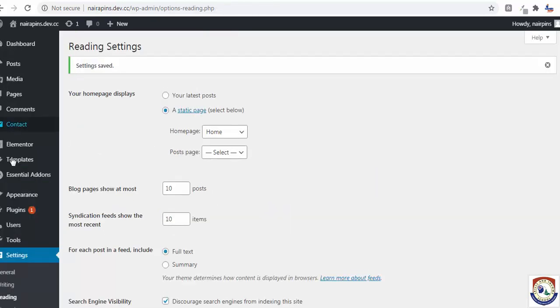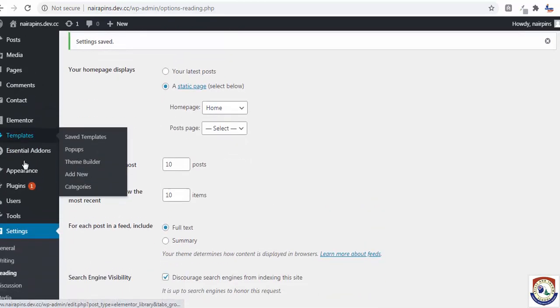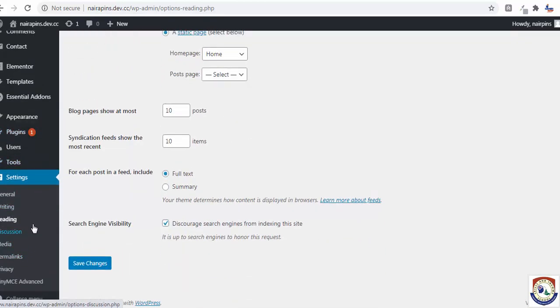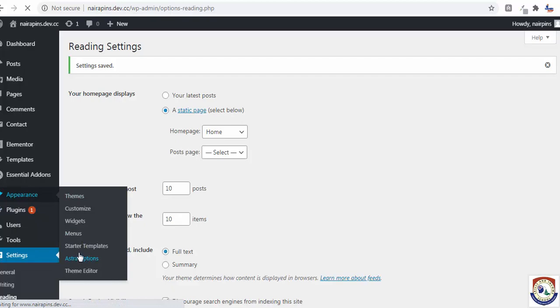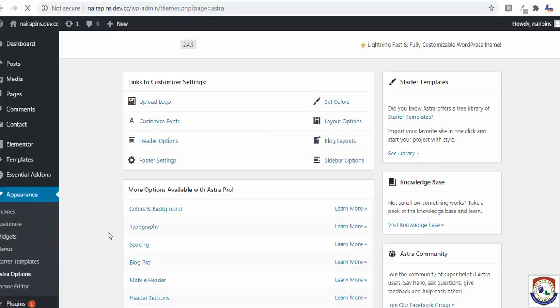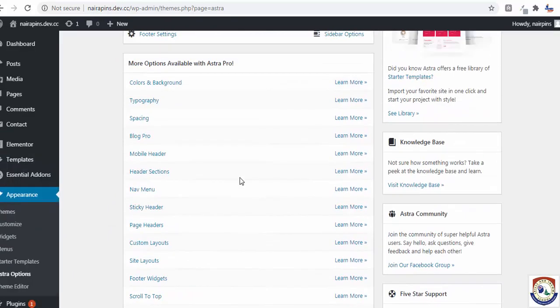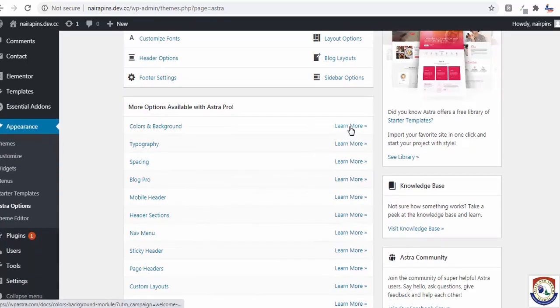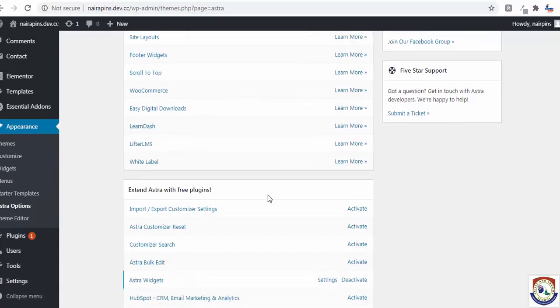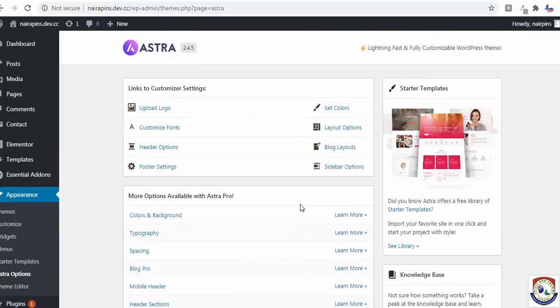That's all you need to do. Then, sorry, another thing you need to do is the Astra option. We have installed the Astra. You go to appearance, Astra options, please. The reason why I'm doing that, I don't want to complicate matters for you guys. Okay, let me see this. For now, let's skip this. I've activated what I need to activate here, so let's skip this for now. Let's keep this for now.